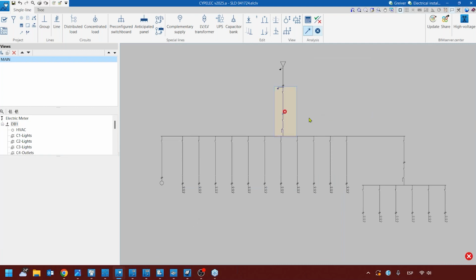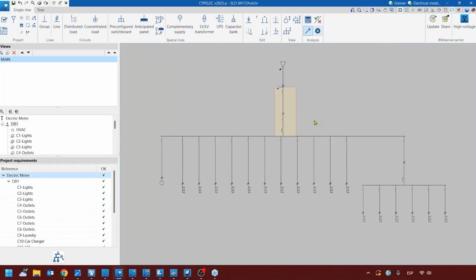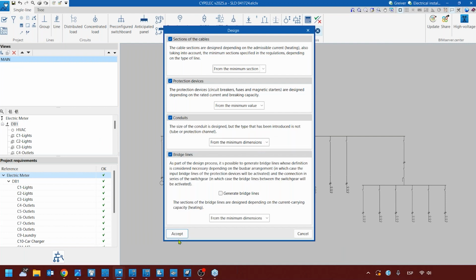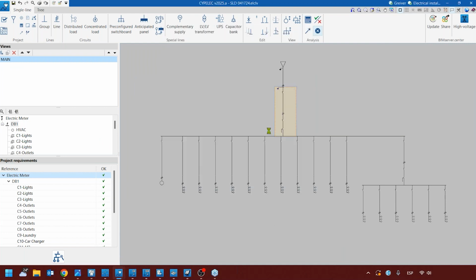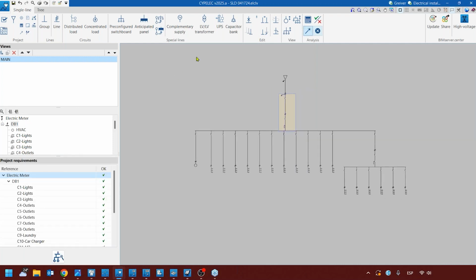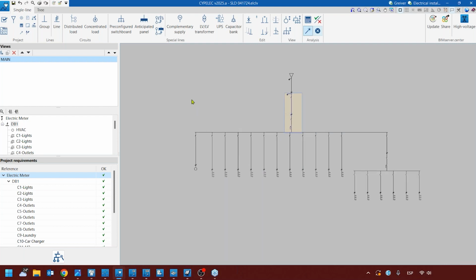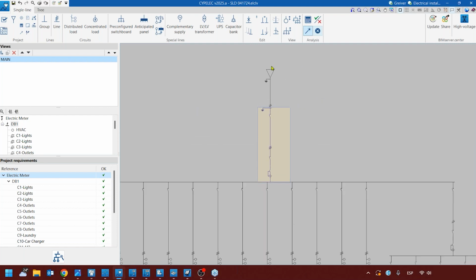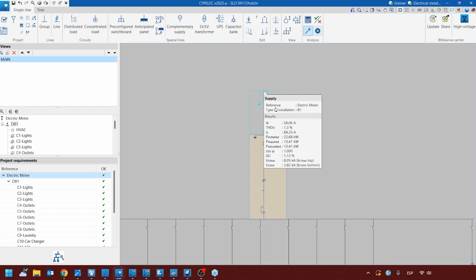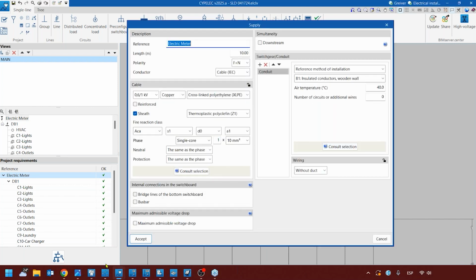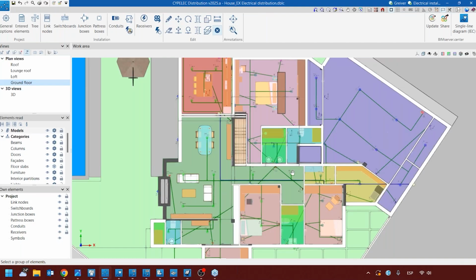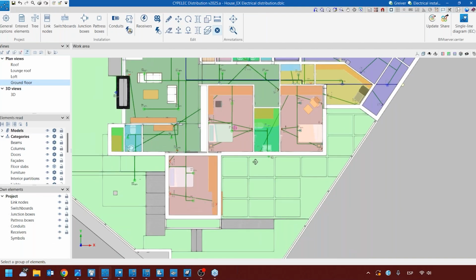Now I have sized my installation, and as you can see here, I have no error. So as you can see, this is how fast you can meet all the requirements for your installation. Here, if I click, for example, the name of it, which is the electrical meter, which is the one that I have in here,